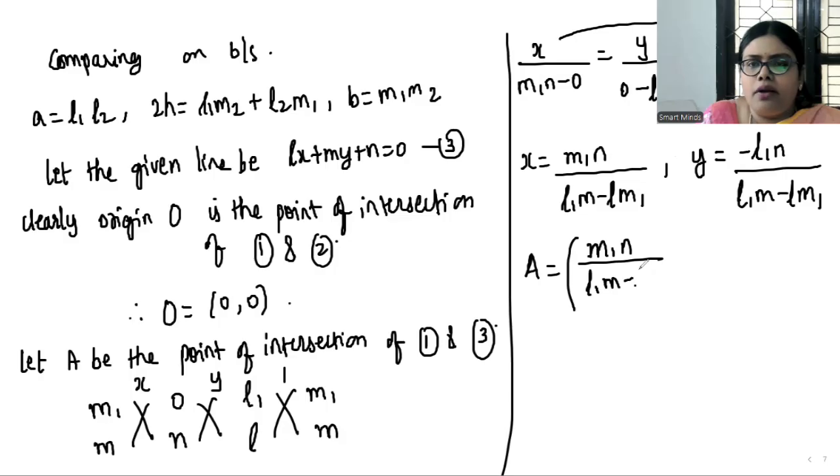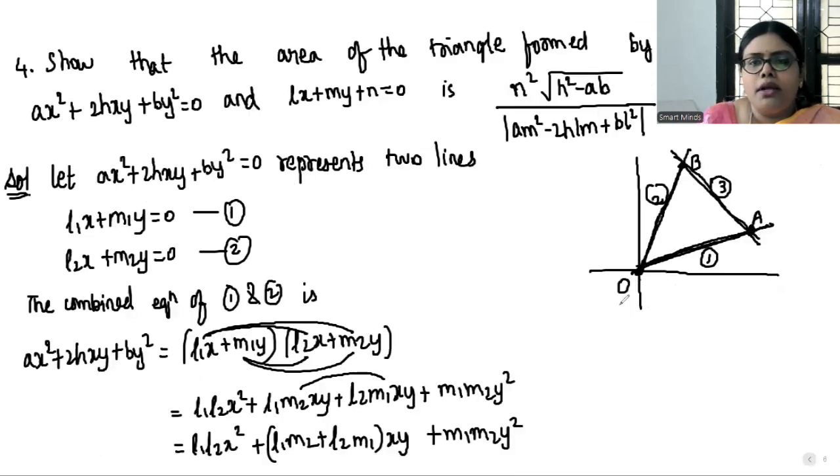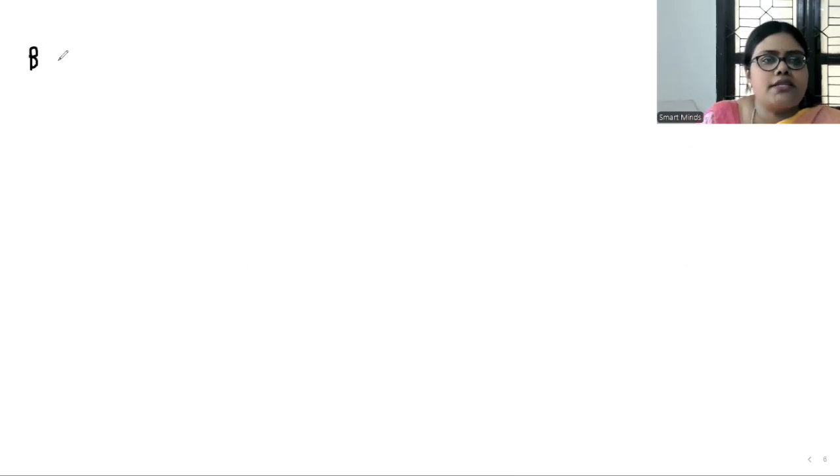Then we will write the y coordinate, comma, minus L1N by L1M minus LM1. So this way you got point A. The same way we will find point B. Again look at the figure. What is B? B is the point of intersection of line 2 and line 3. Yes or no? Lines number 2 and 3 are intersecting at point B. That means we can say that B is the point of intersection of